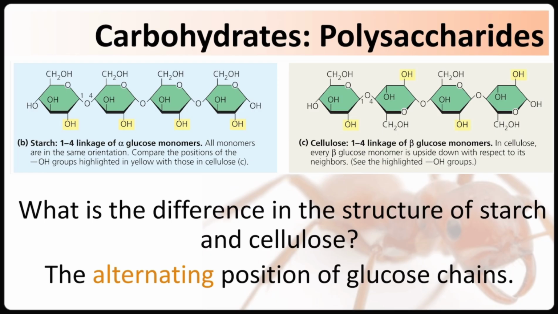Now, let's take a look. In starch, the glucose molecules are linked in the same orientation, or alpha bonds. As we can see in the picture, this makes a helical shape that is easy for enzymes to break down into energy. In cellulose, the glucose molecules are linked in an alternating orientation, or the beta